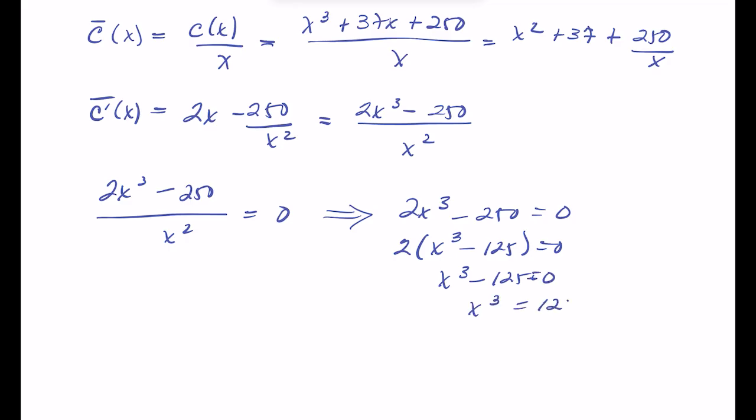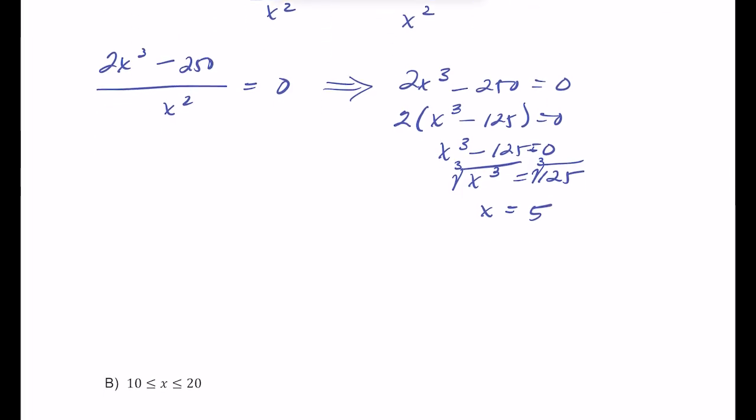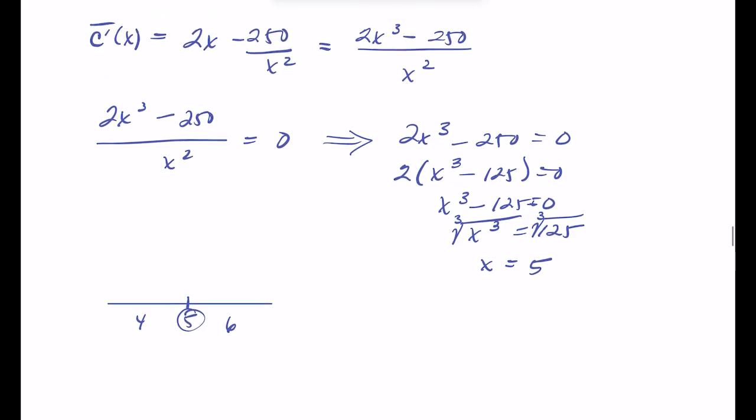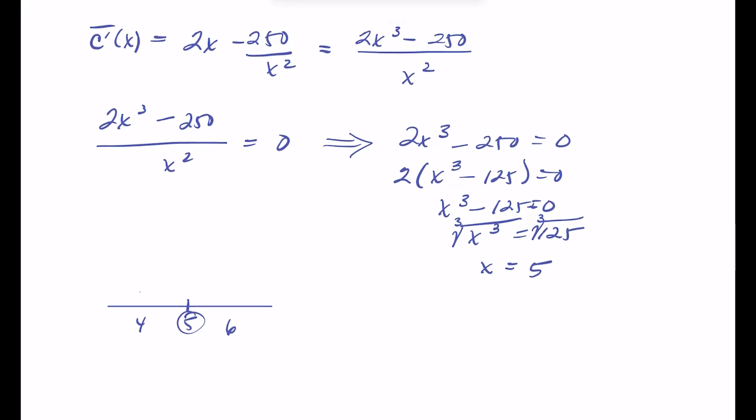I would add 125 to both sides and then take the cube root. And the cube root of 125 is just 5. So x equals 5. So I have my critical value. Again, you've got one critical value, right? So we can use the critical point theorem. And let's pick a number before it and after it. If I plug 4 into my derivative, I would get a negative, so the function's decreasing. And then when I plug 6 into my derivative, I get a positive, so that means it's increasing. So that means there's going to be a relative min here